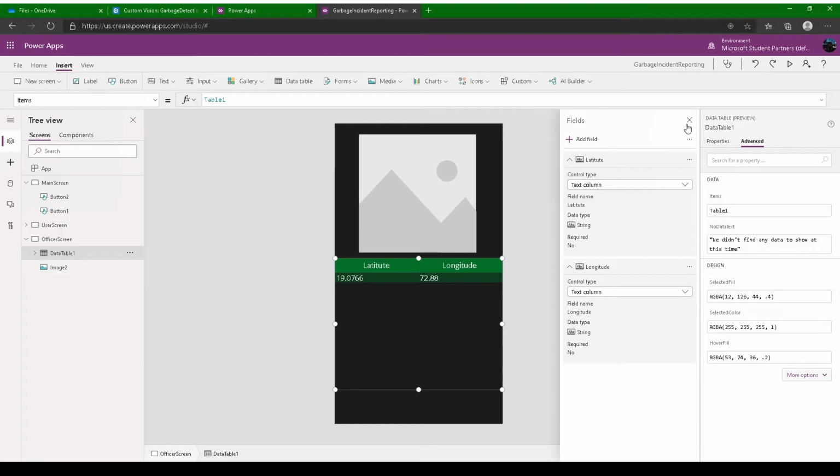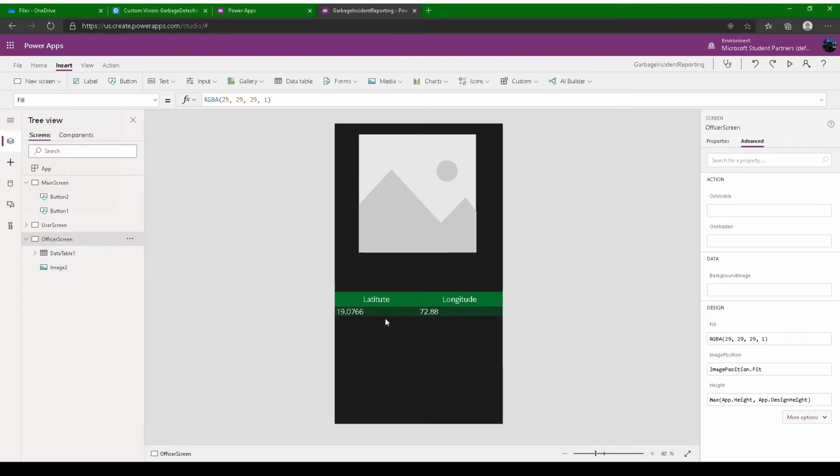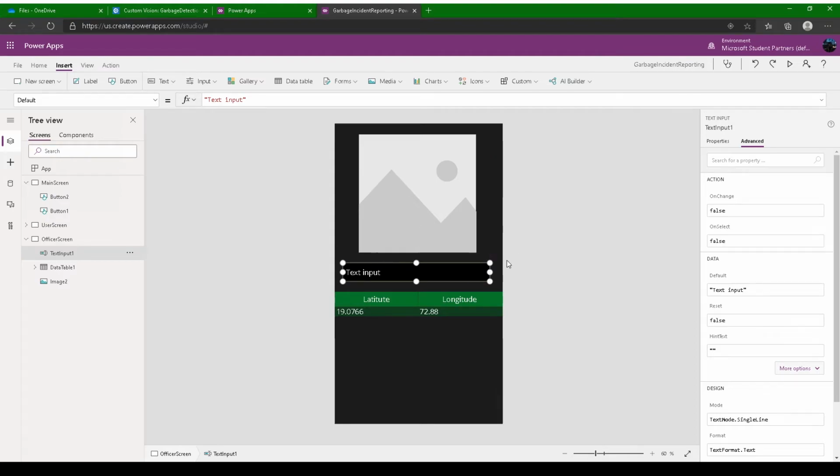Okay, so we have this configured. So let's do one thing. There may be cases where there are multiple of them, and we need to see which one is selected. So I'll also put a text input in which we'll do something like that.